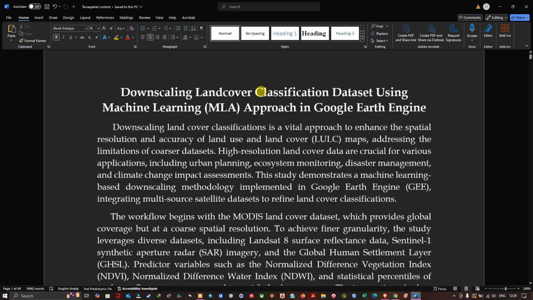Downscaling a land cover classification is a vital approach to enhance the spatial resolution and accuracy of land use and land cover maps. Addressing the limitation of the coarser dataset, high resolution land cover datasets are crucial for various applications, including urban planning, ecosystem monitoring, disaster management, and climate change impact assessment. This study demonstrates a machine learning based downscaling methodology implemented in Earth Engine, integrating a multi-source satellite dataset to refine